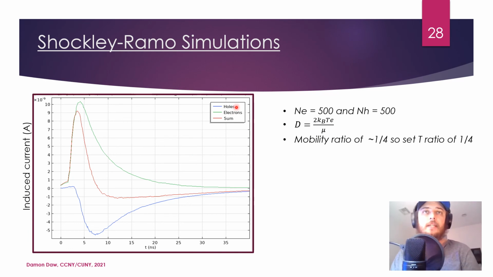And what you see is the holes and the electrons have different signed signals, which makes sense from the Shockley-Ramo theorem. The charge of the carrier is part of the theorem. So if the carriers have opposite charges, they'll induce opposite sign signals. And